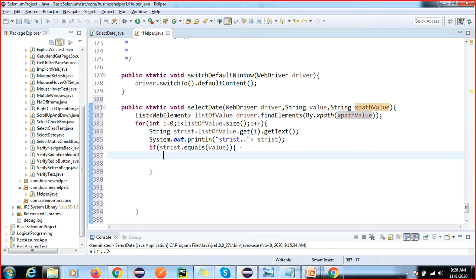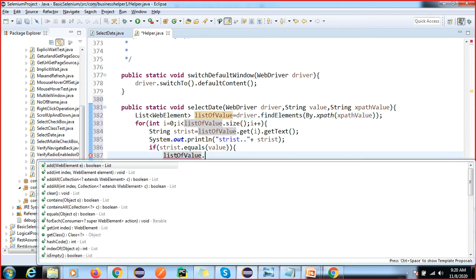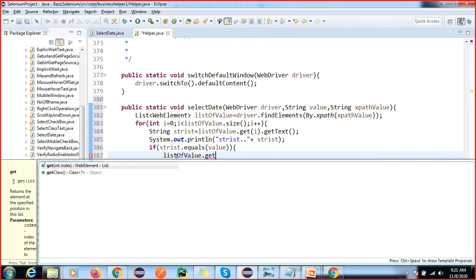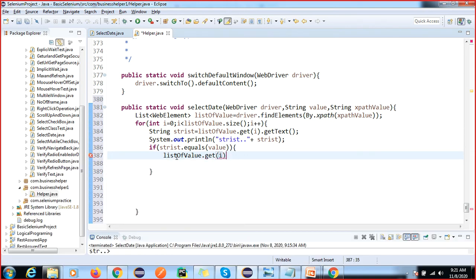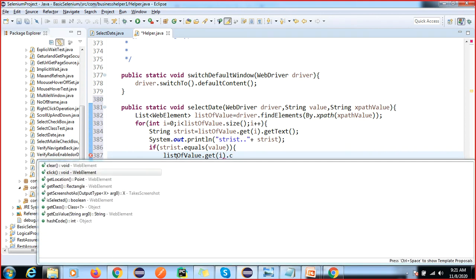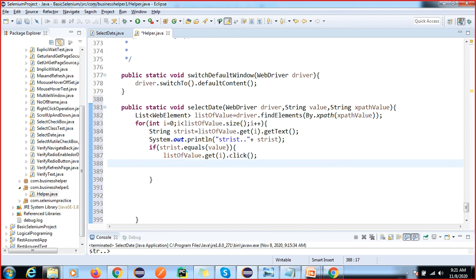Now again, this is how I am teaching you guys. If you practice the same, you will enjoy it in the company. So now we can click, and then break. These are the steps you have to do. That's it.